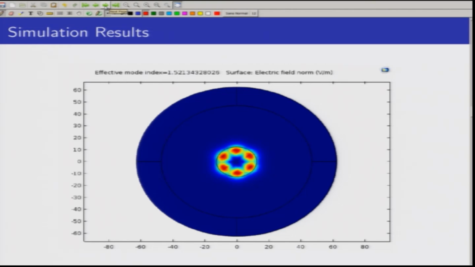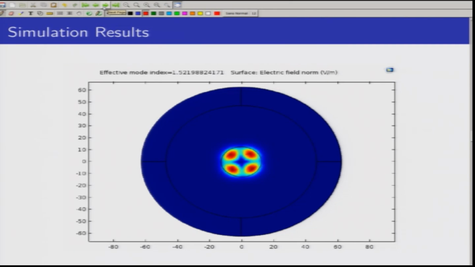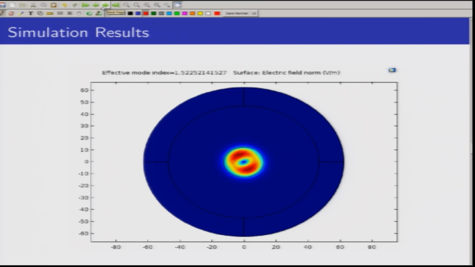If we go for the next one, this is the LP31 mode and it has a separate effective index value. One more point we can notice: all modes do not have the same effective index, it changes based on the mode that we have. This is the second mode, LP02, which again has a different effective index. We are going to higher effective index values, and this is LP21, this is LP31 mode, and finally we reach the